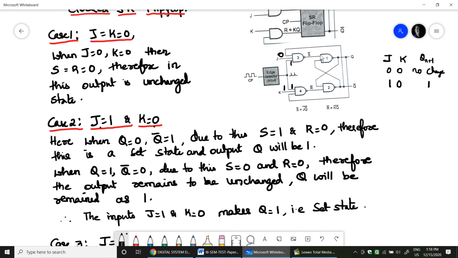Now what happens here is, when I assume Q to be equal to 0, that 0 is given to this, so the output of this NAND gate will be 1. Now the same 0 is given to this, so 0 and 1 ANDed with 1 will give me 1, and that 1 is given here and given here. So because of J equals 0, the output will be equal to 1. Now 1 ANDed with 1 will remain 0. So when J is 0 and K is 1, when Q was assumed to be 0, the next state of Q is also 0. Now if I assume Q to be equal to 1,